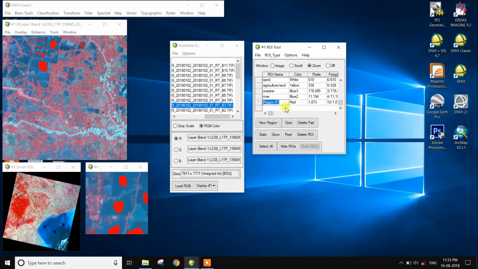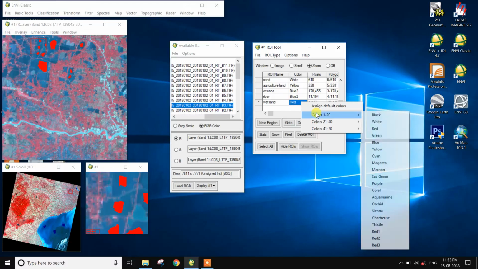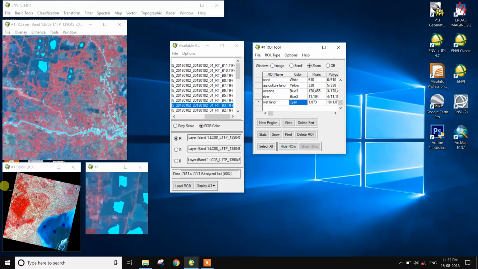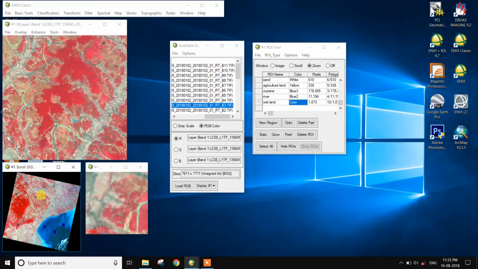So there is the woodland. Woodland has the color cyan, and next is the